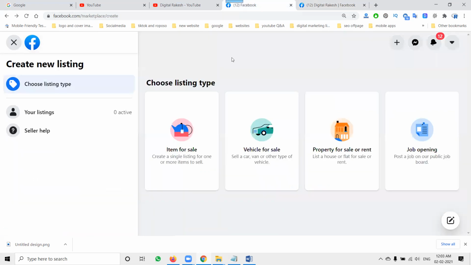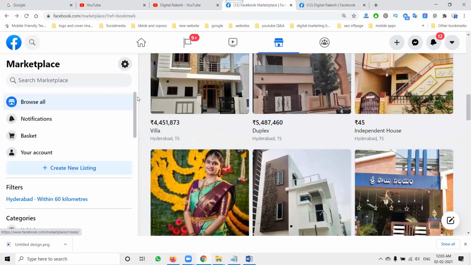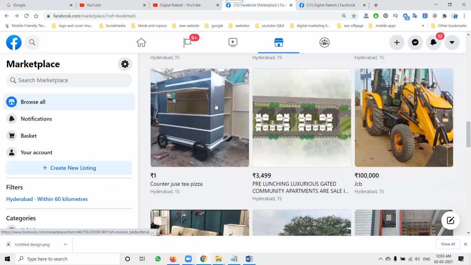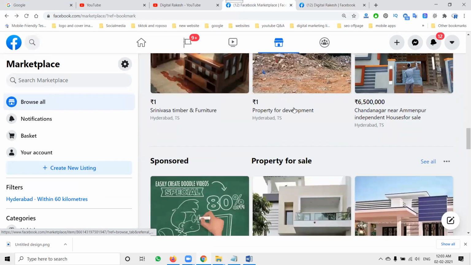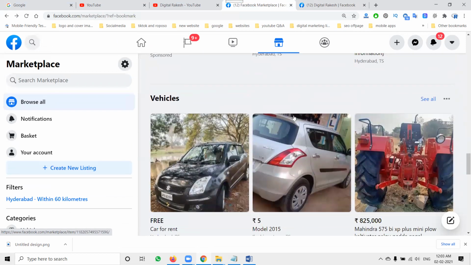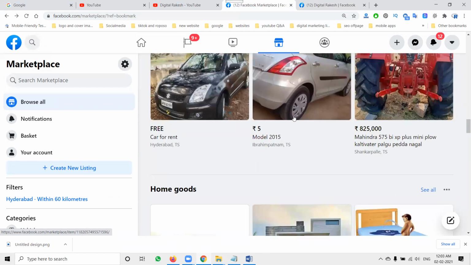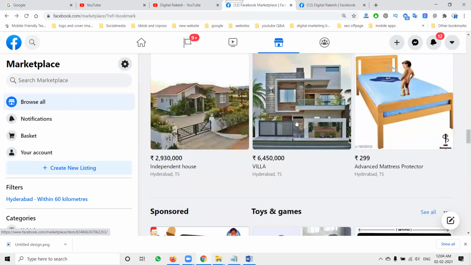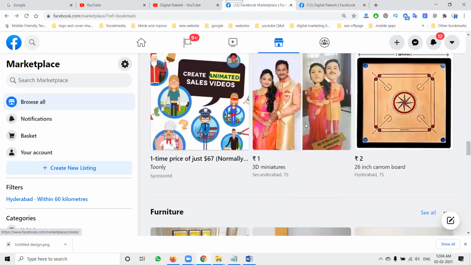Facebook profile: what are the products we can sell? Automatically it will be shared on the groups for item sale, property sale, and rent. Vehicle for sale that you can post, people will show to the customer. How the people will post, a customer will be here. These all kinds of sales will be posted on the particular Facebook Marketplace. Vehicle sale, any kind of bids. So these all will be useful